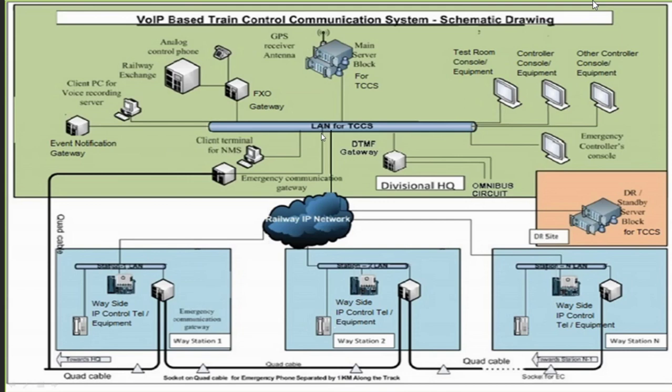And for this IP phone, if you have PoE switches, then you can directly connect it to the PoE switch. Otherwise, you will use a DC-DC converter to give supply, or an adapter to your IP phone. Then you will have the FXS, and this FXS will cater for your normal analog telephones. This IP telephone will be taken directly from your LAN extender, and it will act as your station master's console for your IP control communication.